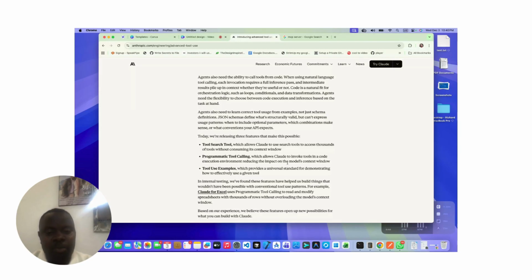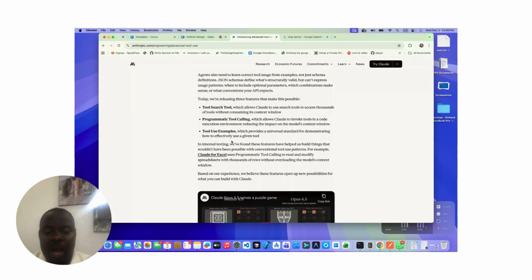So they are already addressing the issue where you needed to feed the information definition of the tools to the AI, which was initially reducing the context window before you even start working on the solution you're working on. So another solution they are bringing is the tool use examples. So they will have predefined examples of how a tool should be used and what is the best way of the tools to be used.